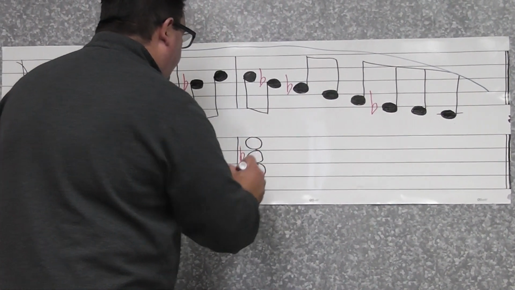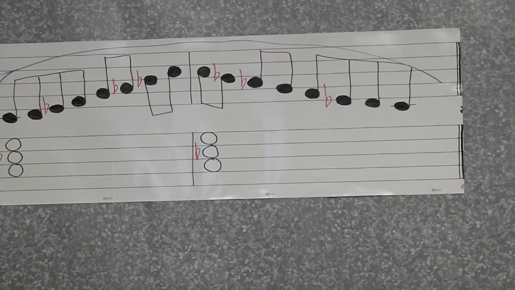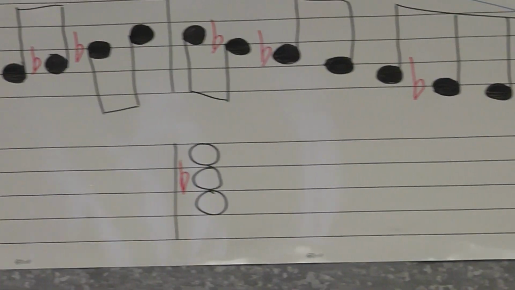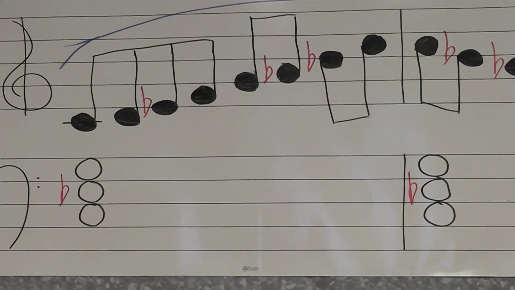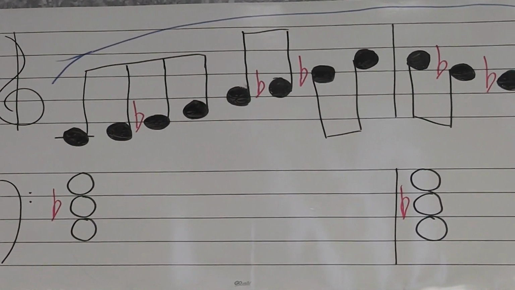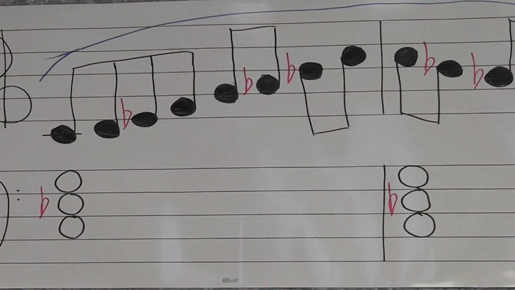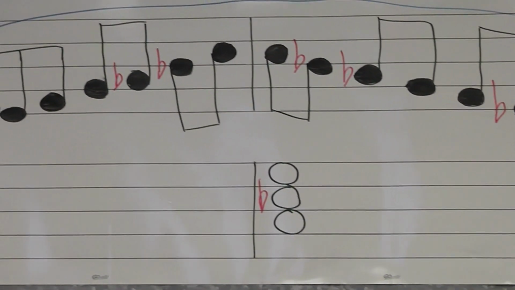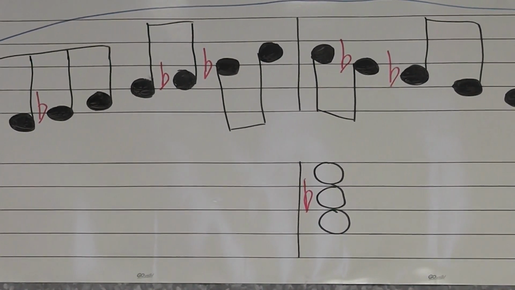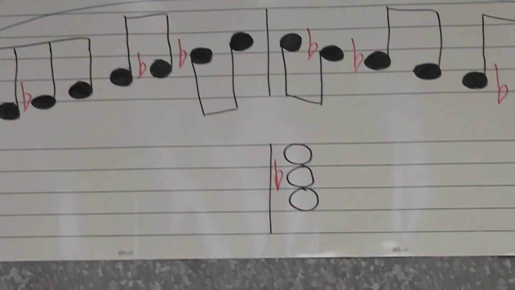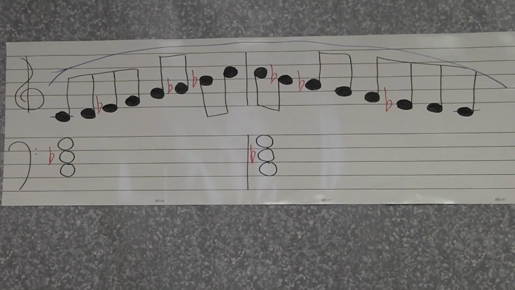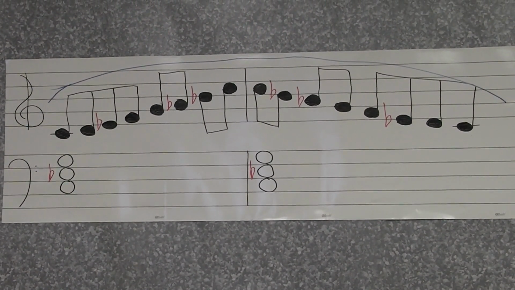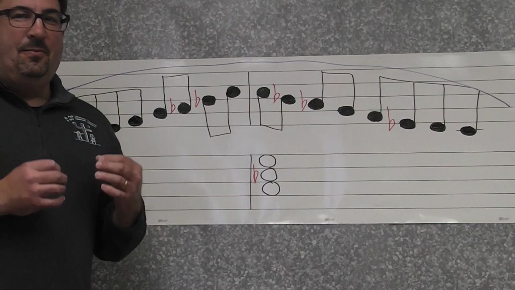Now we're going to talk about something that's a little bit different sounding, correct? Because the first time, what we had on the board, we have a nice bright sound. We'd call that a very happy sound. What happens when we make the third, the sixth, and the seventh flats? And there's where we have that dark sound that always makes Isaac cringe a little bit because we go into